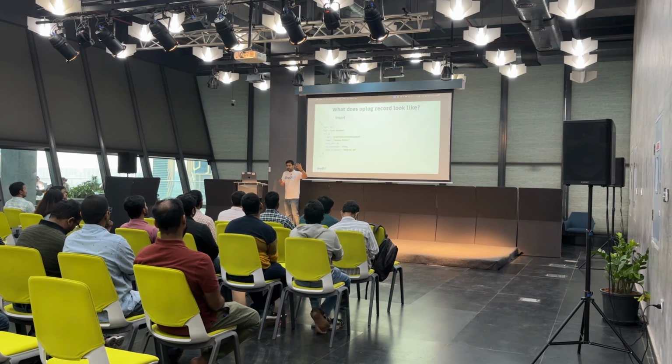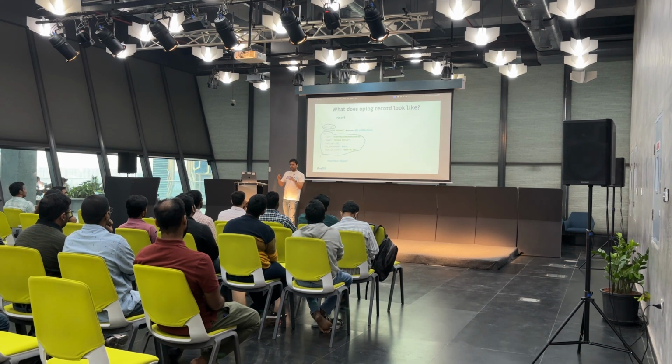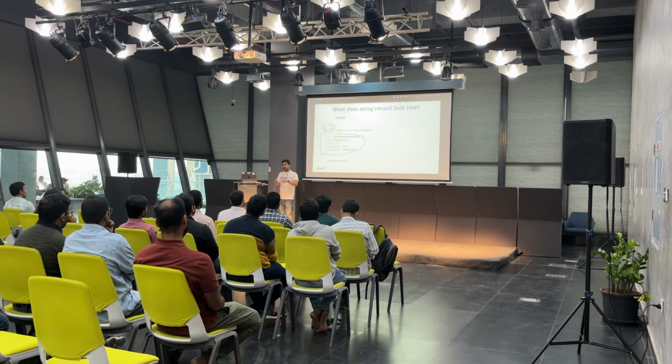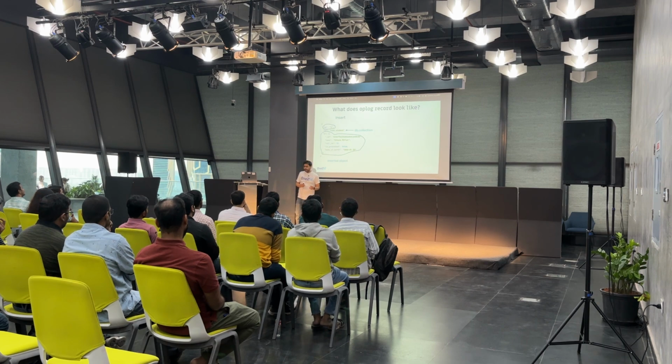So here is what an insert oplog looks like. I'm omitting a bunch of other fields, so you can just concentrate on the important ones. There is this op equal to i, which says okay, it's an insert oplog. There is the namespace, which says test.student, meaning the database name is test and the collection name is student. So it's a db.collection combination. And the o part is the actual object, the student object that gets inserted in the student collection.